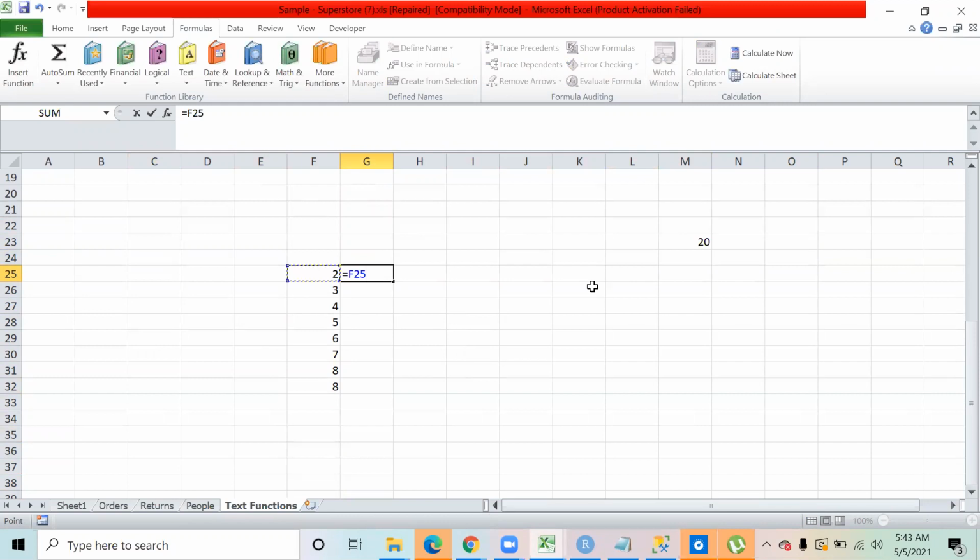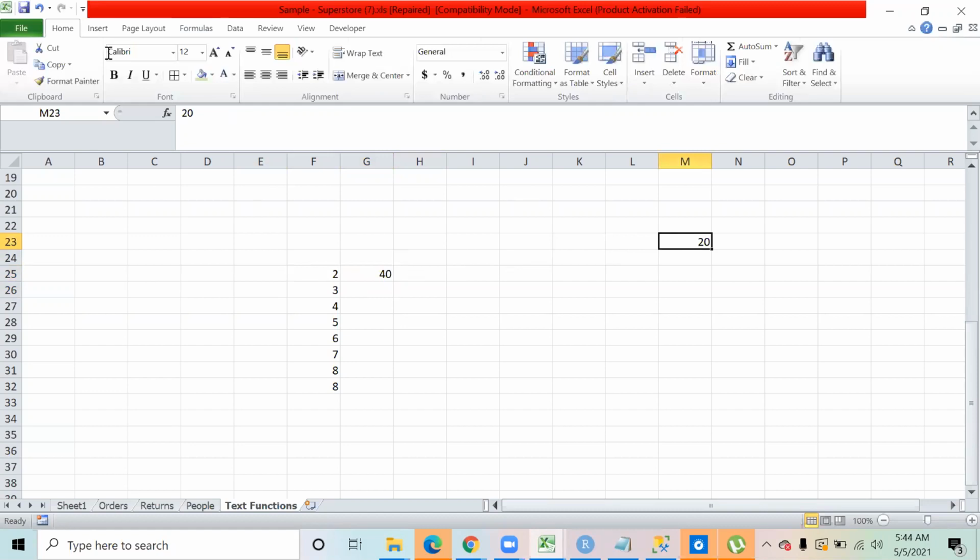So I will say this number multiplied by 20. Are you all clear on this? 2 multiplied by 20, I get 40. So I am saying F25 multiplied by the number in M23, which is this number.